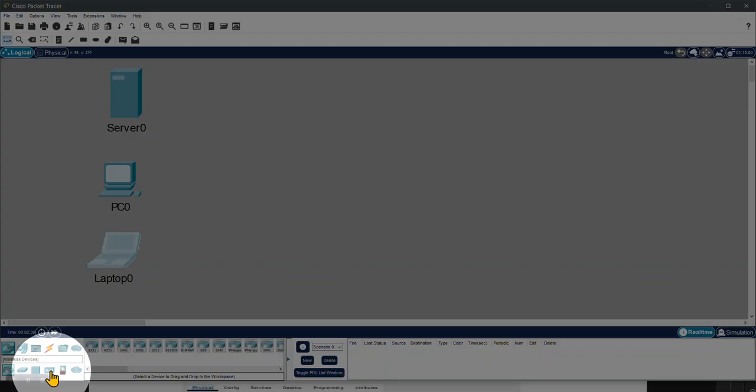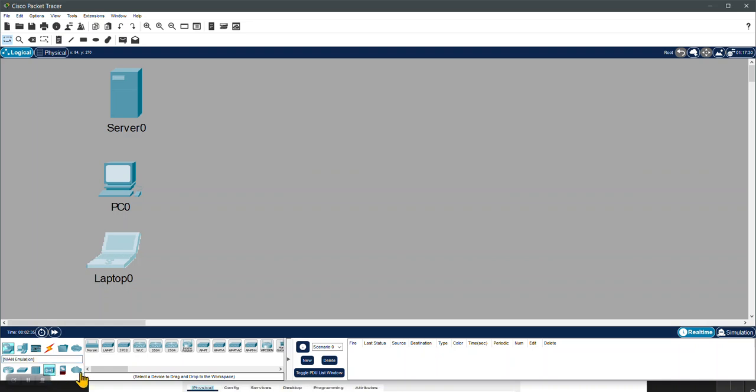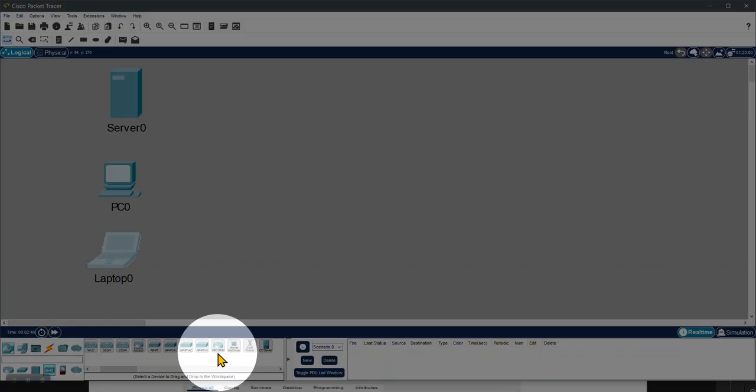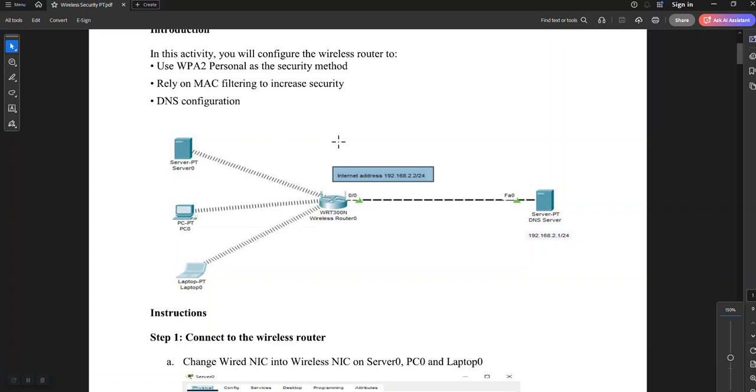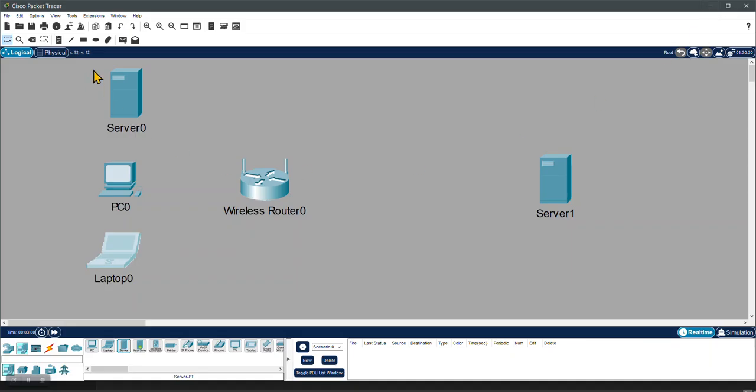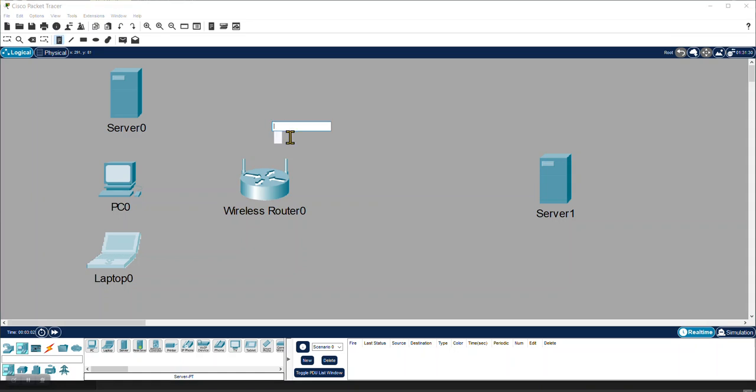So I will pick up first network devices, then the wireless, says wireless devices. I will scroll till I find this one, which is 300N. Okay, the model 300N. Then I will add another server over here. So we are just putting exactly the same equipment, and I will add the label. So I will be adding this one 2.2, then 2.1. Okay, so note, and this is